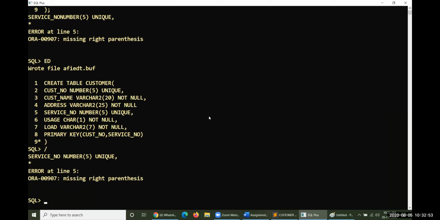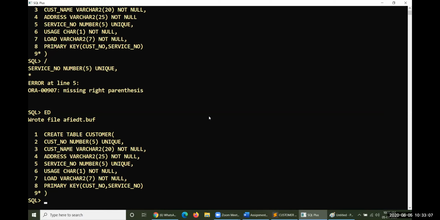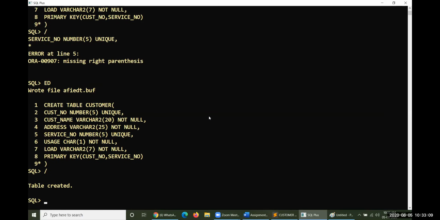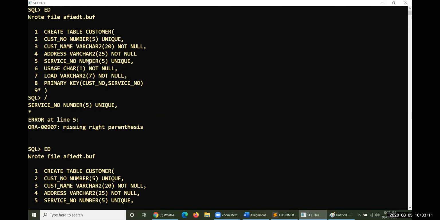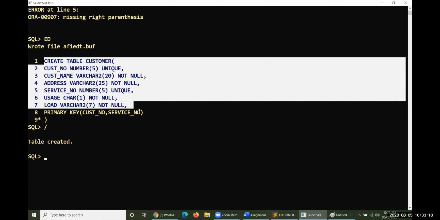What is this? NUMBER. Okay, here not null. So comma is missed. Yes, your table has been created. Take care while putting any commas and all those things. Take care of everything here. This is the way you have to create your table here.